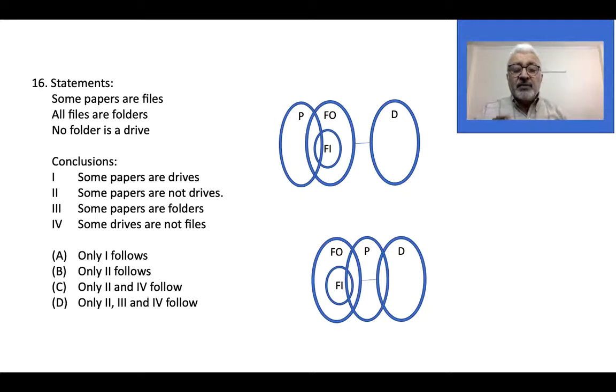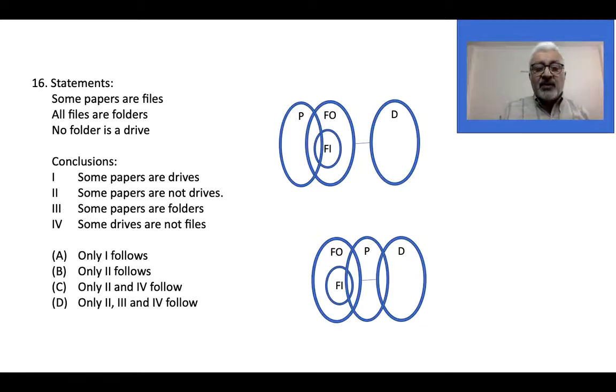I showed an overlap of papers, and I also showed an overlap with drive. So, is this also a representation of my three statements that I have over here? The answer is yes. What I've done is shift papers from here and put it here so that there can be overlap with files, which is supposed to be done, while also overlapping with drive. Overlapping with drive is not essential, but it is not ruled out either. Therefore, I can show it this way also.